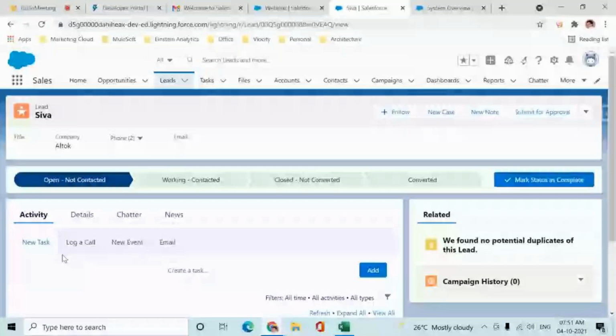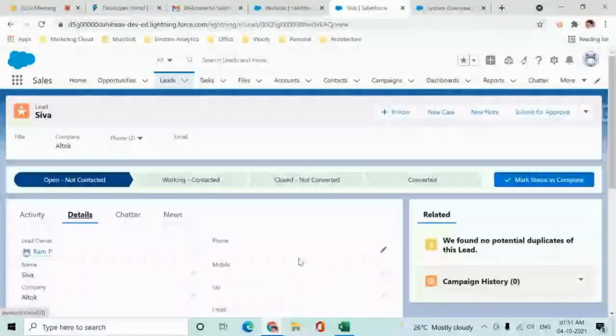For the inquiry from my customer, I have to perform some actions. Right? I need to call him. I have to send an email. So all those actions will be captured under Activities. Whatever job I'm doing, I capture one question, that is, Shiva, how come you got to know about our product? Then Shiva will say, hey Ram, I have seen your webinar around 10 days back that you had scheduled in your organization and all.